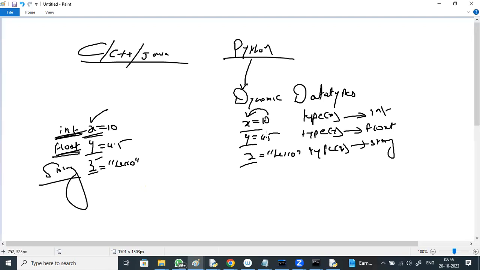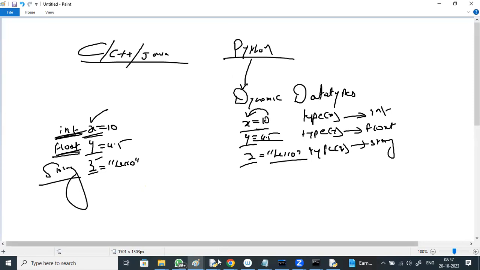If you're assigning an integer value, an integer variable gets created; a float value, a float variable; a string value, a string variable. In tomorrow's session, I'll brief you more about what happens internally, how memory is allocated, how to print the value, how to print the content, how to print the address. I'll discuss 4 cases to help you understand variable defining.